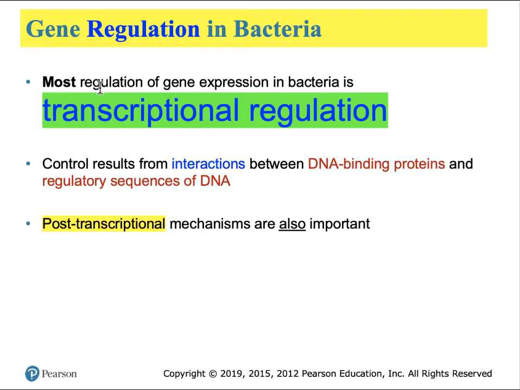But for most genes in bacteria, transcriptional regulation is the most common, whereby we're looking at the priming of the initiation site, the promoter, on the gene by RNA polymerase. Since RNA polymerase and the initiation factors are proteins, they must be able to determine which gene needs to be activated and when. There must be some type of interaction between the DNA binding proteins and the regulatory sequence of DNA. And that's where we start our story.